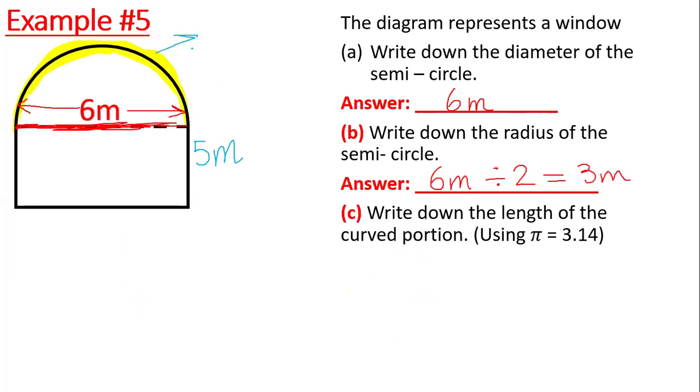It's gonna be pi multiplied by the radius, which is r. That is how you find the length of the curved portion. Now they already tell us what pi is, and we already know what the radius is. So all we gotta do is multiply at this point. So it's gonna be pi times r, equal to pi, which is 3.14